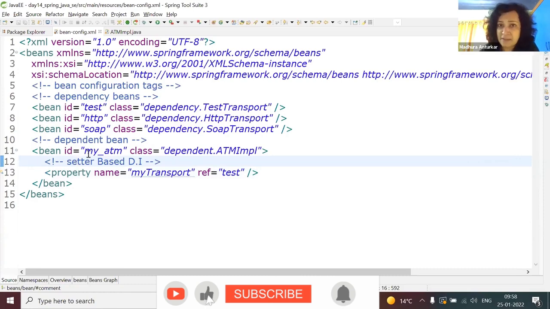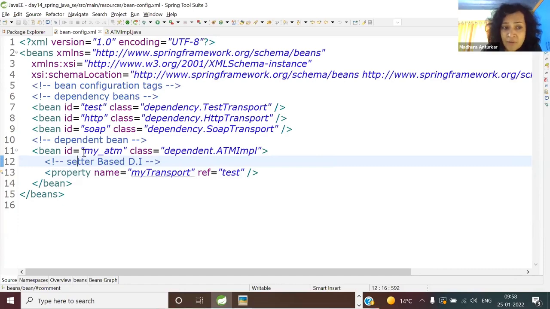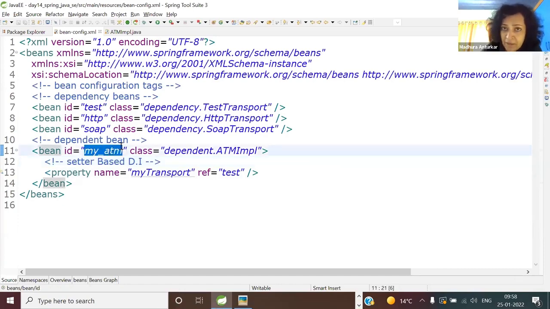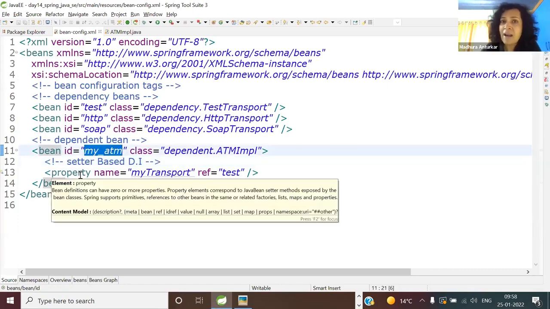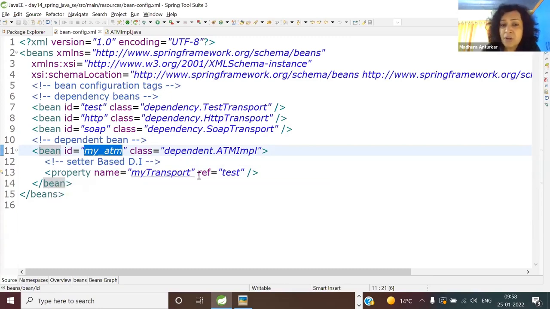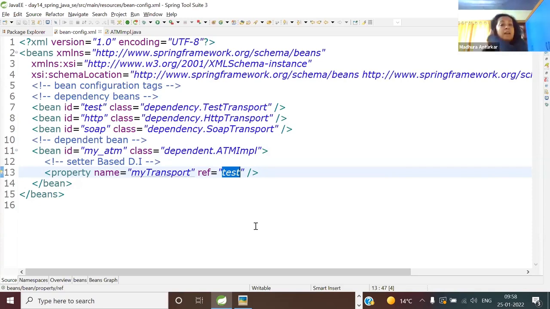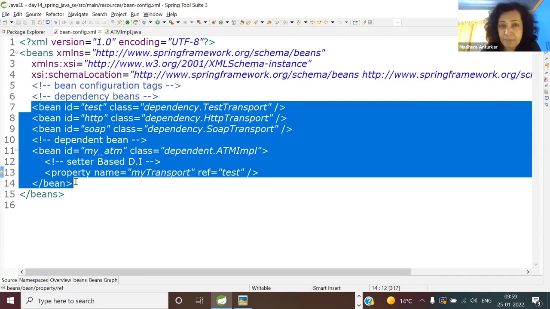So the container will see, I don't have to give any bean ID because it's a child tag. So of course it is going to say my ATM dot, and it will add set my transport, and which reference will be injected here? The tester. Tell me the line number where the dependencies are getting created.